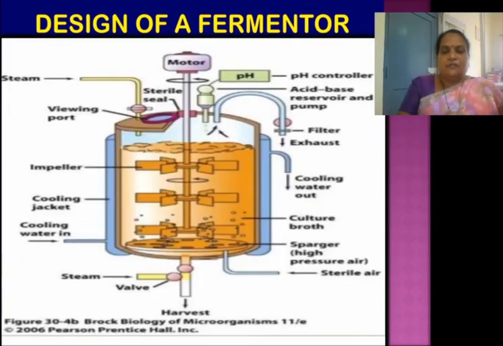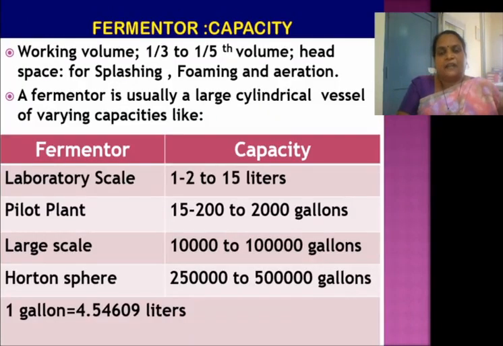This is the design of a batch fermenter. This diagram shows the design of a batch fermenter. Here you can get an idea how the fermenter is, how the liquid medium is added into the fermenter, how the mixing device is working, how there is an outer jacket where we can add cold water or hot water for temperature control, how the aeration is happening, the rising bubbles you can see in the diagram, the valve you can see, the sterile seal you can see, the inoculum point is there, and all the provisions required for the fermentation are shown diagrammatically. Now we'll start our discussion with fermenter capacity, that is, the capacity of a fermenter.